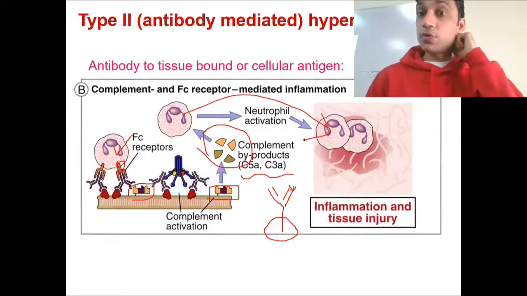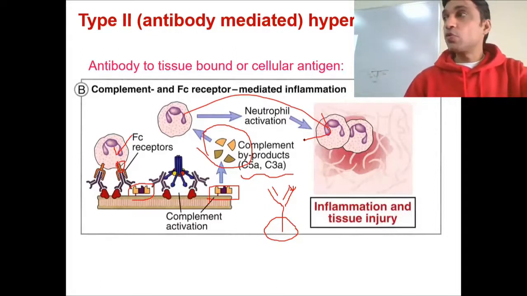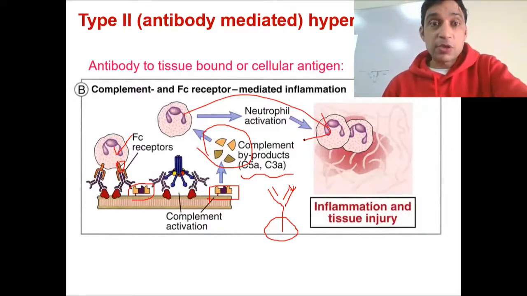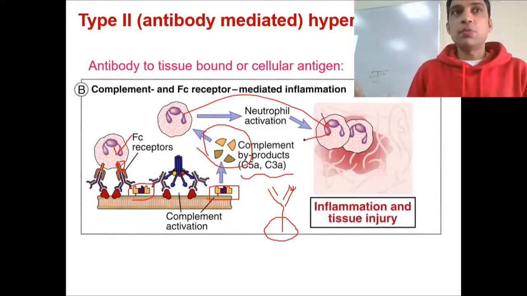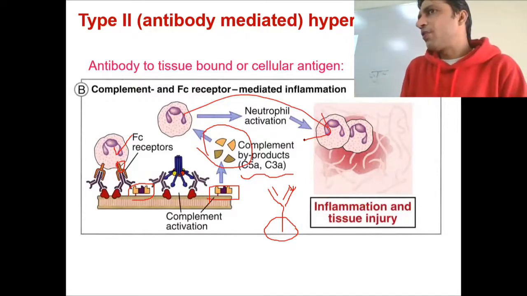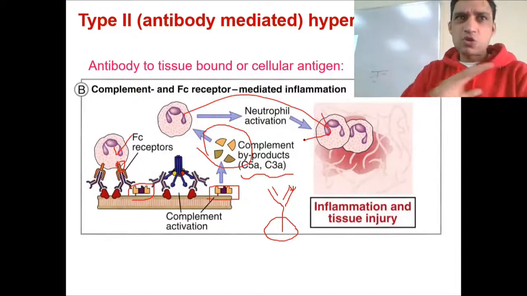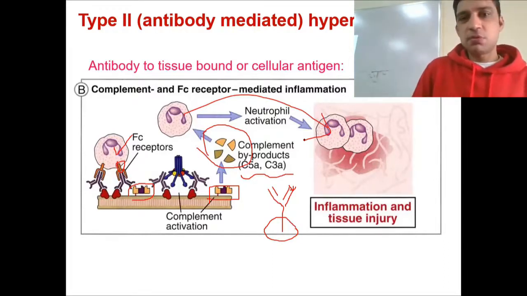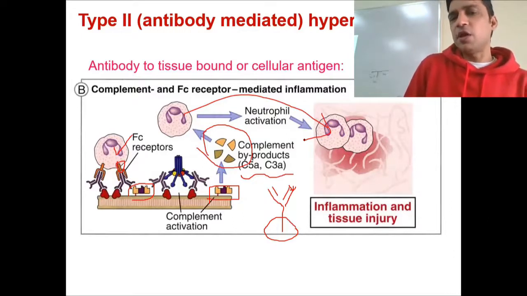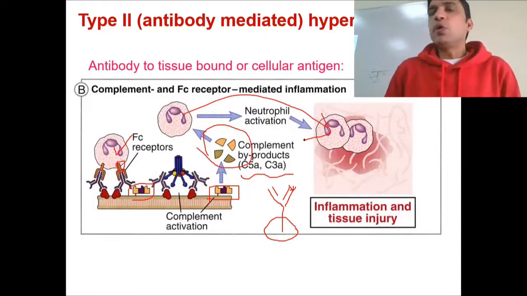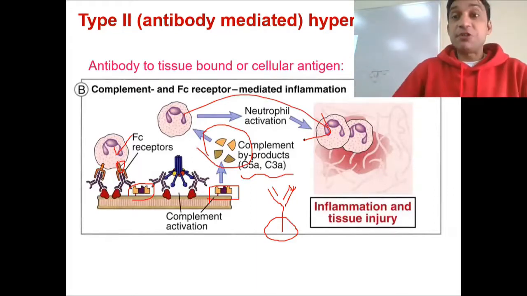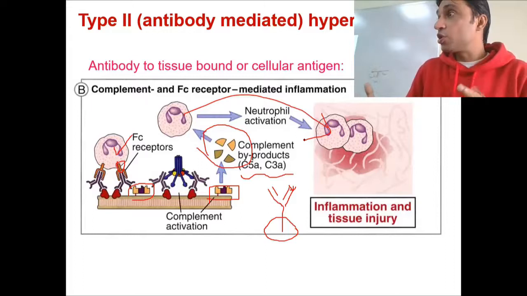But what is the job of neutrophil? You need to go back to that lecture. Neutrophil ko padha tha. Okay, it actually start working in inflammation, contributing in inflammation, and also involves in tissue injury. When the neutrophil start doing job, which it is not supposed to do, the neutrophil is not required to be activated because the job is done. Antigen is destroyed. But because of the byproducts, आप आसानी के लिए C5a, C3a byproducts of that reaction, they actually trigger some of the members of the immune system. So if the neutrophil is not supposed to react, but it started reacting, producing the chemicals for inflammation and tissue injury, what will happen at that time?